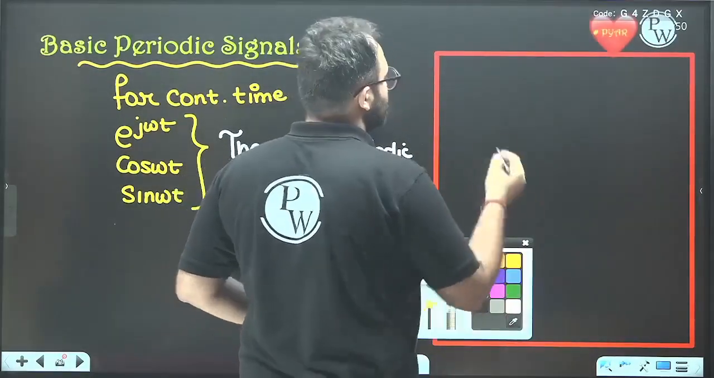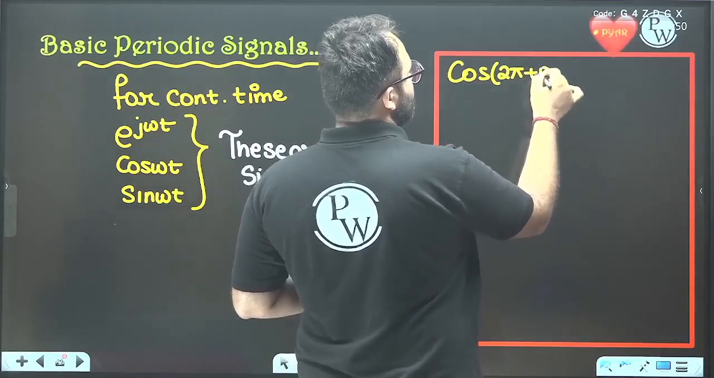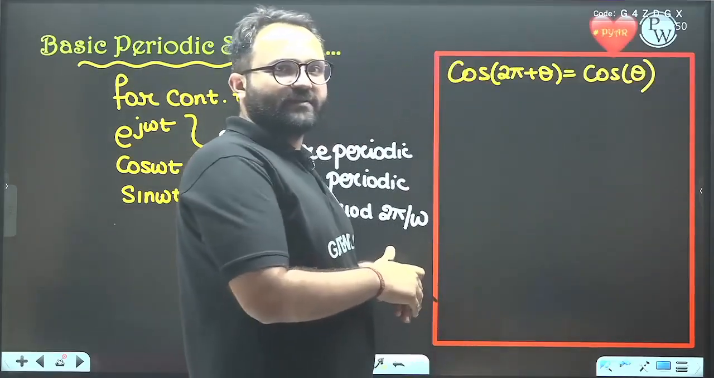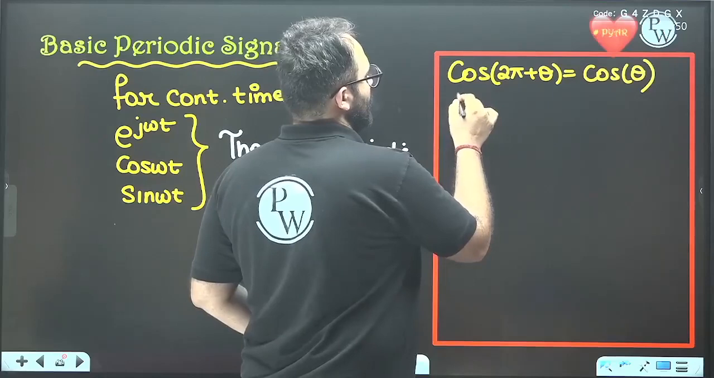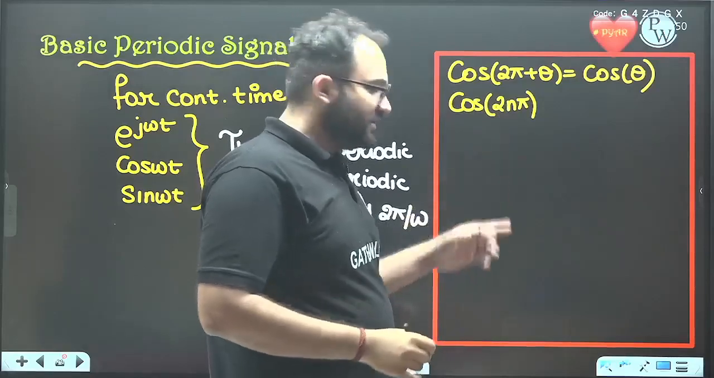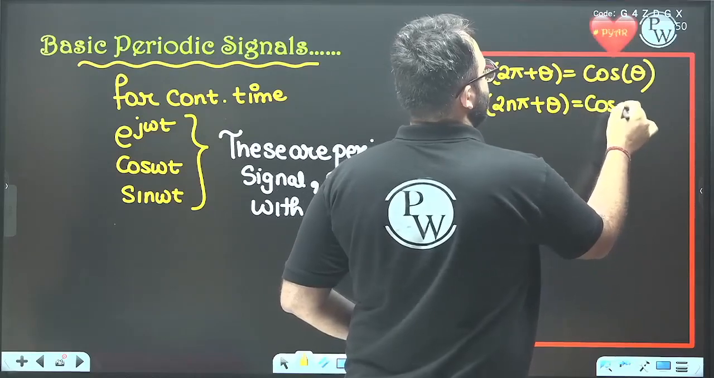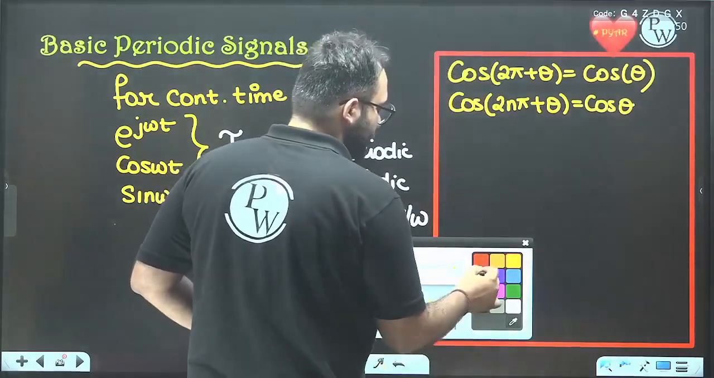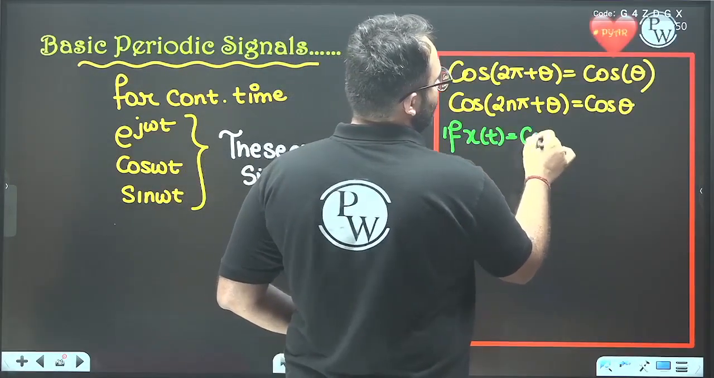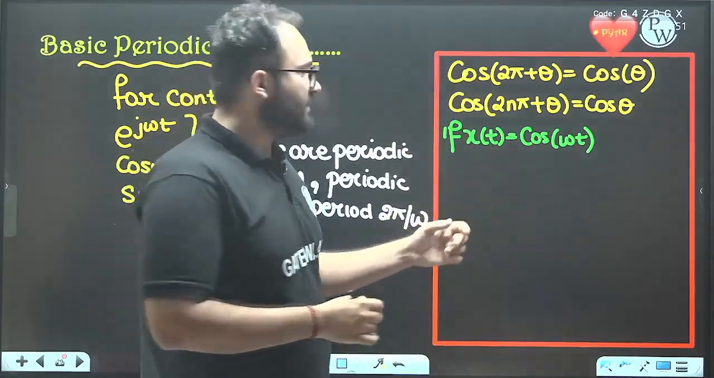We know that cos of 2 pi plus theta is equal to cos theta, right? Or we can say that cos of 2n pi plus theta is equal to cos theta, where n can be any integer. Now, if we want to find out the period of x(t) equal to cos omega t,